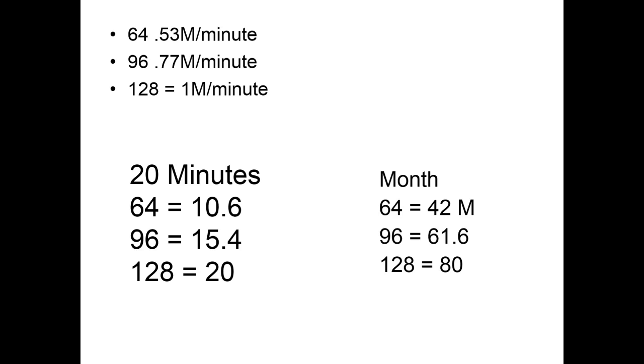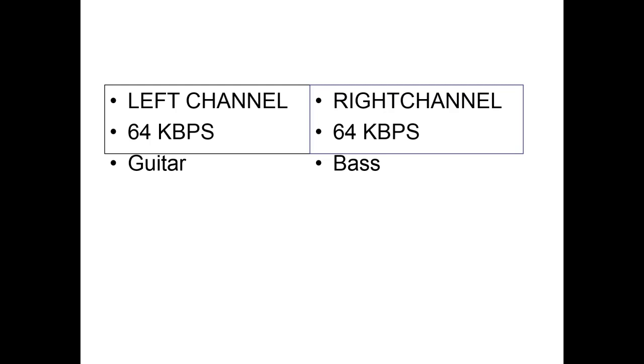It's actually just two 64 kilobit per second channels side by side. So back in the 60s, you would have maybe a guitar on one side and bass on the other. It was basically two 64 kilobits per second channels side by side, and that allowed you to have stereo separation. You might have a guitar on one side and another guitar on the other. Well, with podcasting, if you're doing a talk show, aside from your opening and closing music and things of that nature, you don't really need stereo separation.